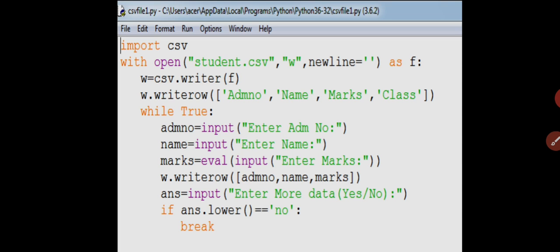So what is happening here? w is equal to csv.writer(f). It is going to convert the file object into a writer object. So this w will become the writer object. Once the writer object is created, then I can use the writerow function to write the rows or records into the CSV file. So here w.writerow,